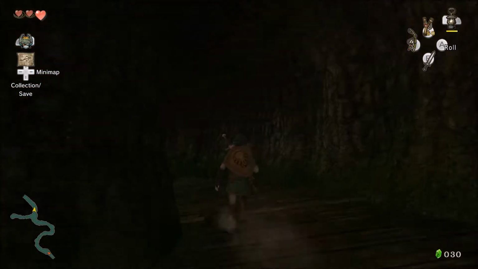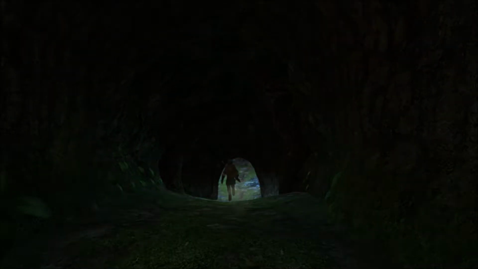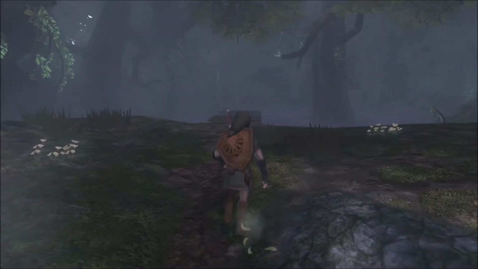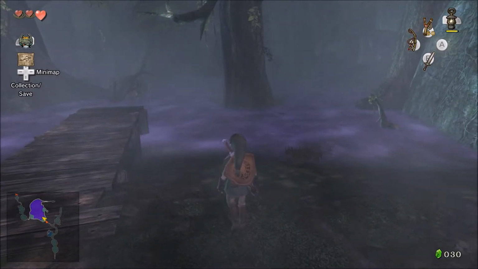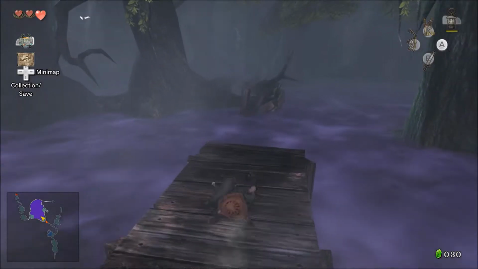So yeah, that building right there, it's not really a building, that wooden looking tree thing, whatever it is, that's the Forest Temple. Alright, so right here, we can't use Midna jumps to hop around. So what are we going to do now? If you walk right over here,